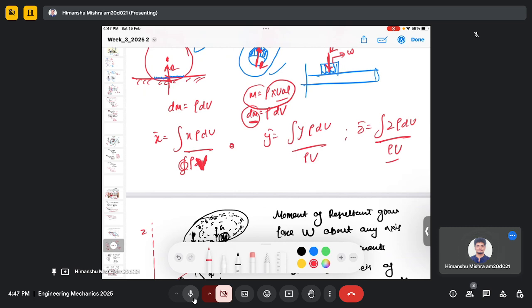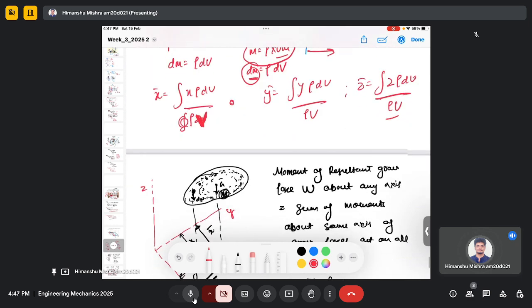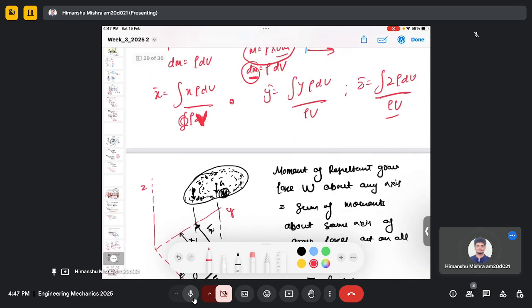Now I'm assuming that the variation in the density is also constant. It's a uniform variation. Let's say if I consider this beam, then I assume that the density of this beam is the same at every point. There is no change in the density as I move in the x direction or in the y direction. So when I assume like that, I can put this density outside this integral. And when I do that, then this expression will become